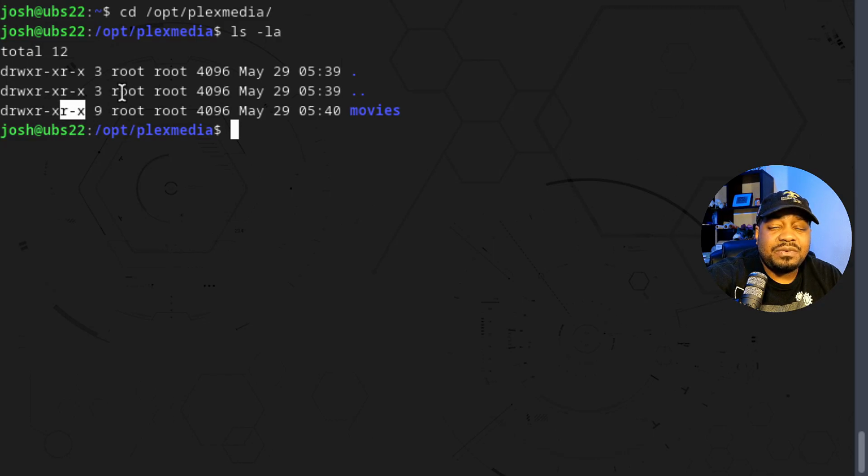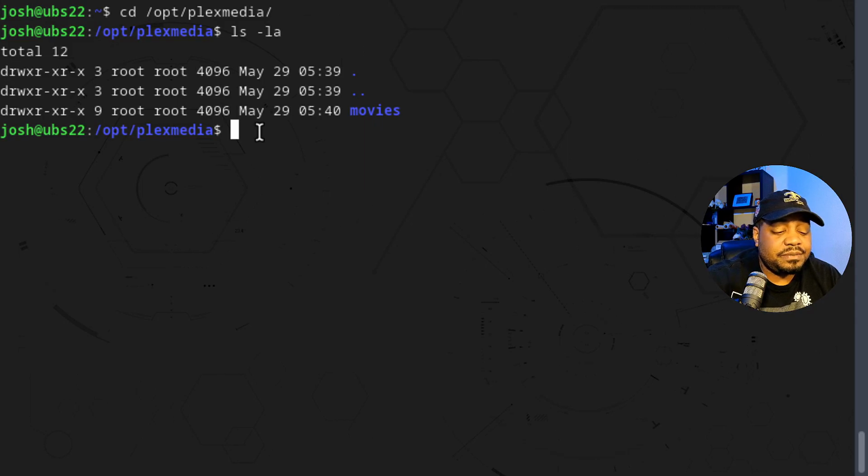unless you want to be able to delete files, which I wouldn't recommend giving Plex. I would only give it read and execute, so it could just read and play the videos, because that's essentially what the server is set up for. And as you can see, it's owned by root, but since the world has read and execute, Plex can actually see it. So we really don't need to change the ownership. I just kind of wanted to show you guys that in case you run into any issues,